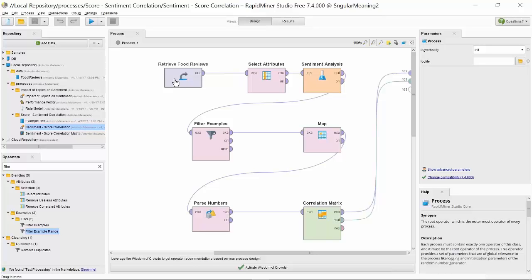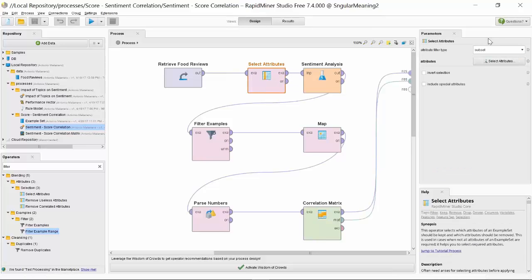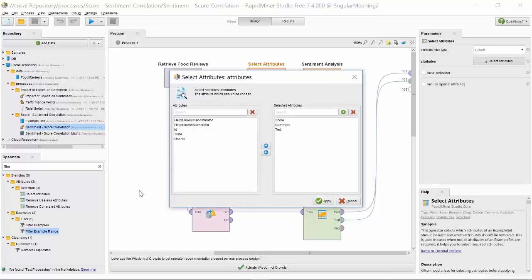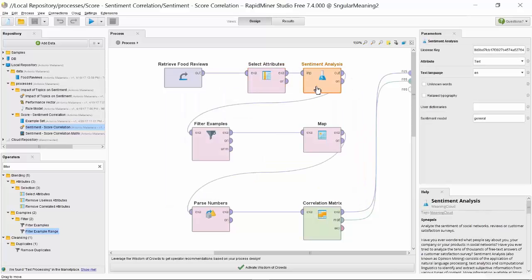In this case, we are going to use the whole collection. I'm going to select some of the attributes that I'm going to use in my analysis. In this case, I'm going to use score, summary, and text. I'm going to use my sentiment analysis. Again, I'm analyzing the text attribute that contains the full comment.